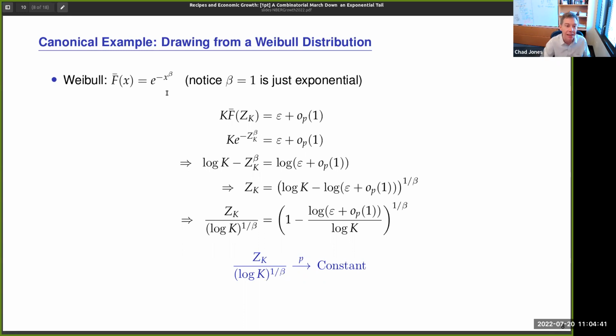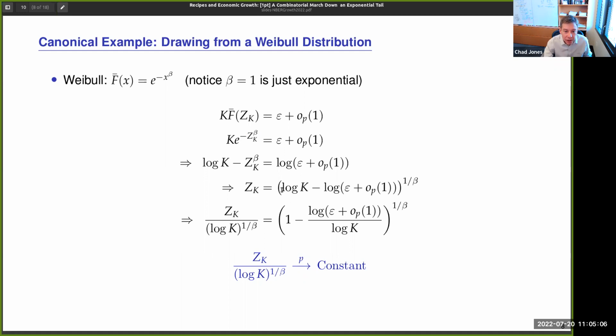And we've just generalized it to let the tail have a power function to it. Okay. So again, k times f bar of zk is just our epsilon. Substitute in that f bar of zk is e to the minus zk to the beta, and solve for zk. And now you need to take logs because you've got this exponential. And what you see is that